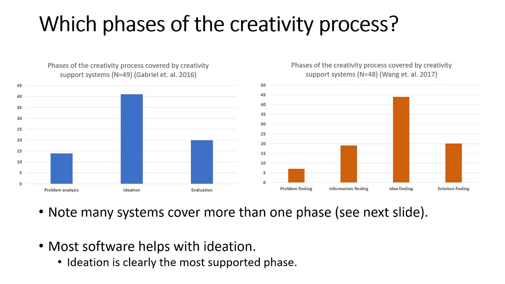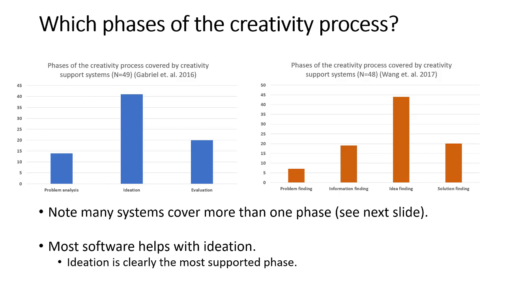For Wang et al. in 2017, out of the 48 studies, a total of 7 were used for problem finding, a total of 19 were used for information finding, a total of 44 were used for idea finding or ideation, and a total of 20 were used for solution finding. Now, if these numbers don't seem to add up, don't worry about that. It's because many of the systems cover more than one phase,